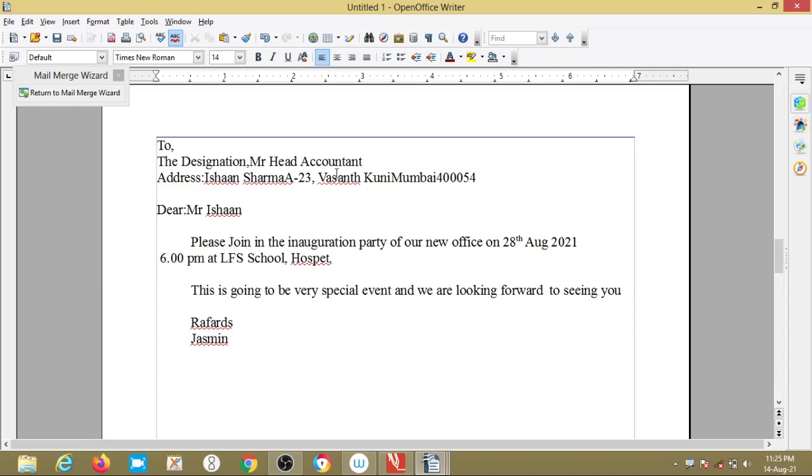This is written to the head accountant. If you want to change anything, if their address or their pin code has changed, you can change the data in that particular letter.